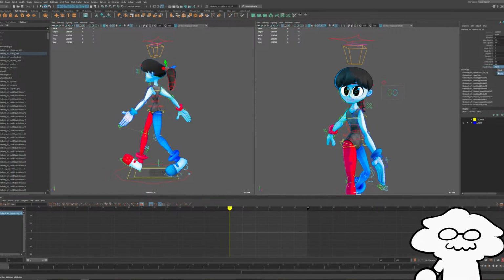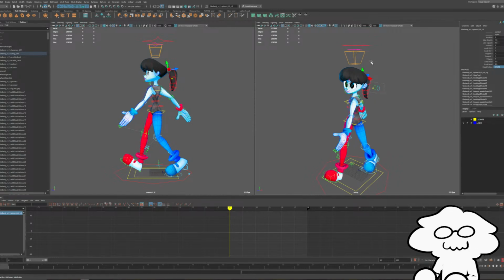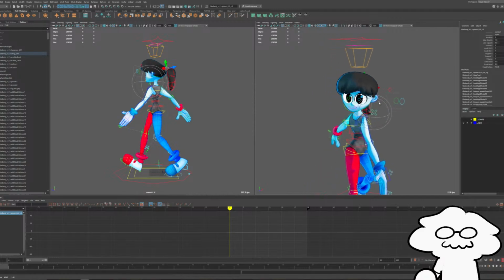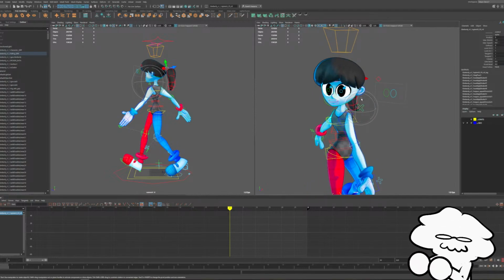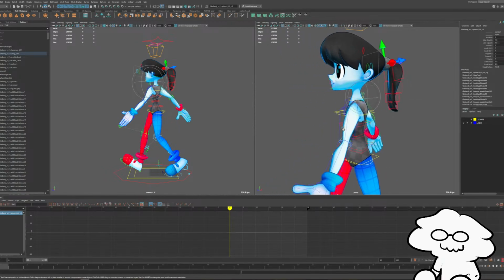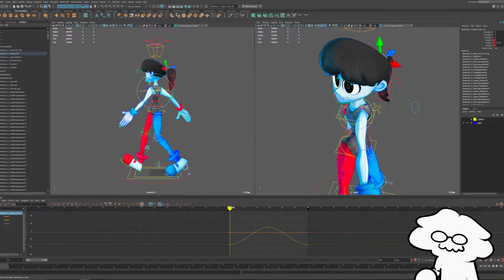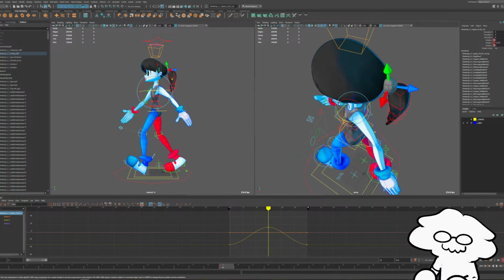So we'll turn on world space for our head. Some rigs don't have this. My rig is built with world space for the head, whereas right now what I had was neck space, which will follow where the upper body is pointing. So right now the upper body is pointing to the left, so the head and neck are pointing that way, and then when it turns to the right, it'll point to the right, or her left rather.